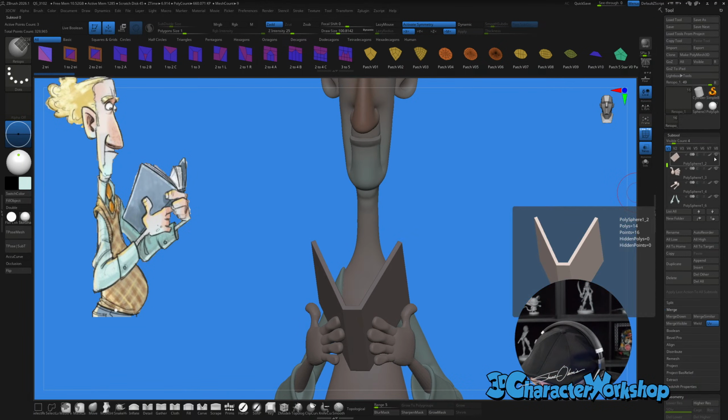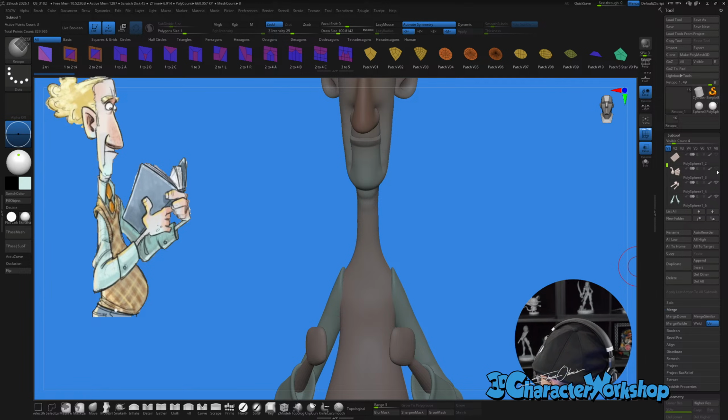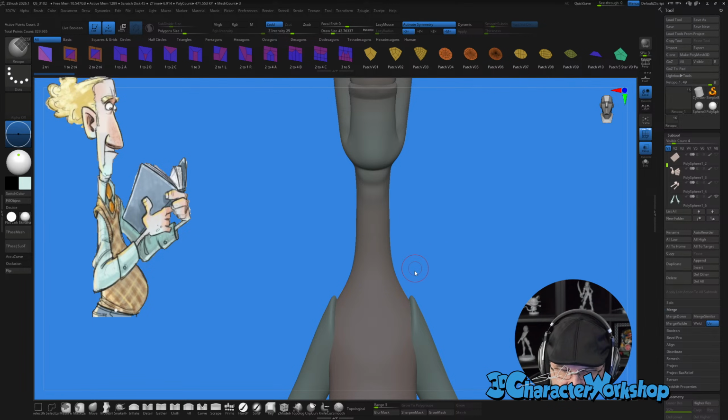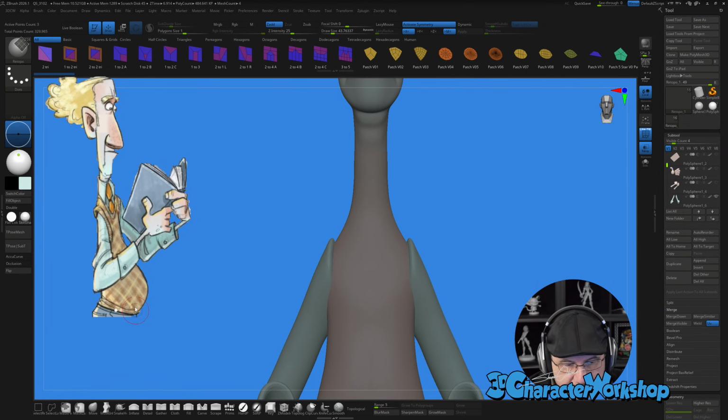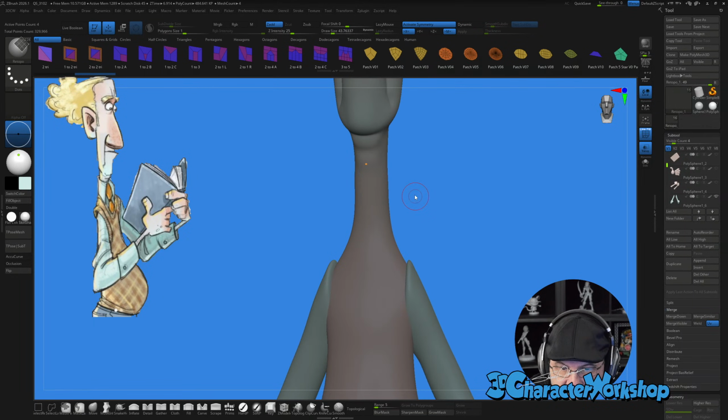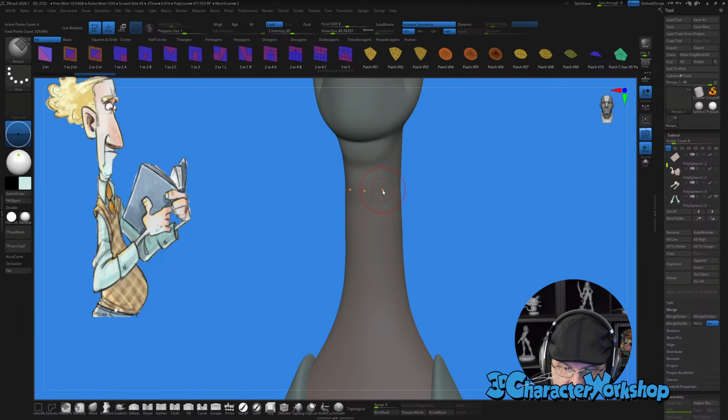Let me hide this book so it's not in our way, and maybe these hands, get them out of the way. Okay, so we're gonna make this collar. We can even go through and make this the top of this shirt first before we do the collar. Let's go ahead and do that first. You can see these dots because we're in symmetry, but we're gonna go clear up to here and just put a single dot. You can see it. And then we can put one next to it right here, and then one below it. You can see it's putting it right down the symmetry line.